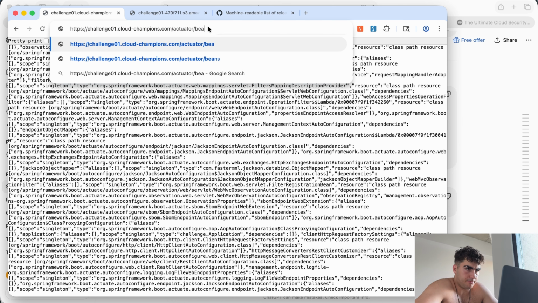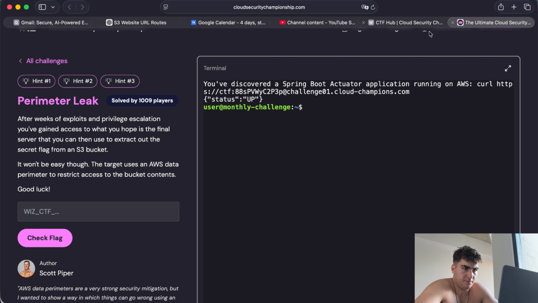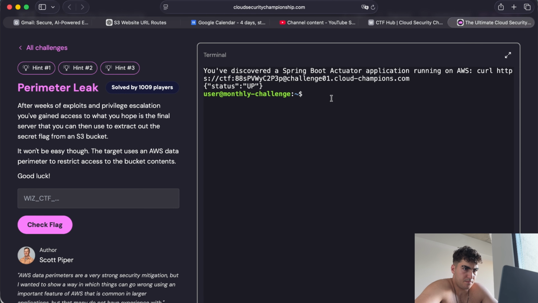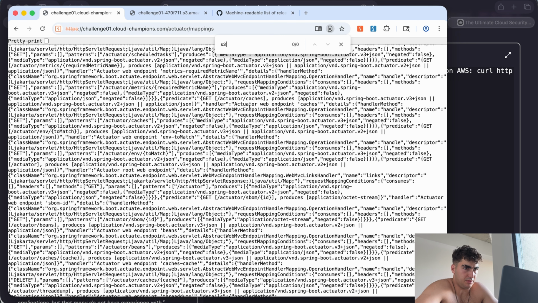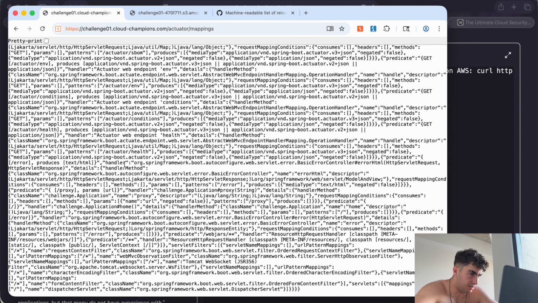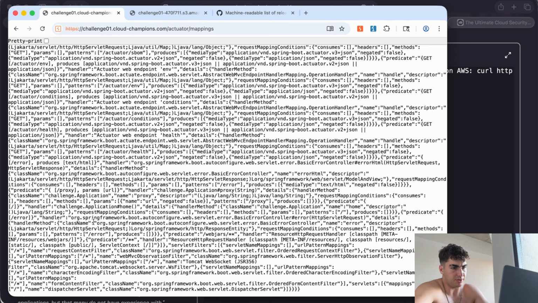Mappings. Actually, let me. Nah. Okay, so mapping shows the endpoint that leads to S3. If I do S3, nothing shows up, so that's great. What would it be? Would it be the lambda then? Because the thing is, there was a lambda somewhere near too. Jakarta, servlet, form content filter. Yeah, this is just a bunch of